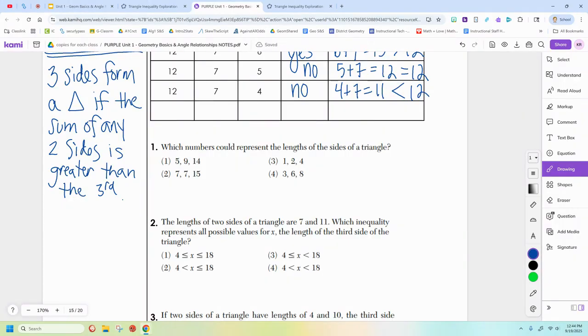Okay. So the theorem says it this way because essentially, isn't 12 plus 7 also greater than 4? Isn't 12 plus 4 also greater than 7? So the sum of any two sides has to be greater than the length of the third side. But when we want to use it as a test,